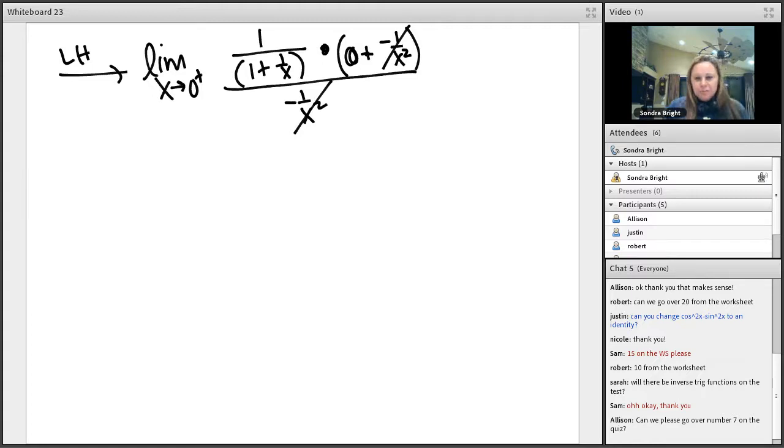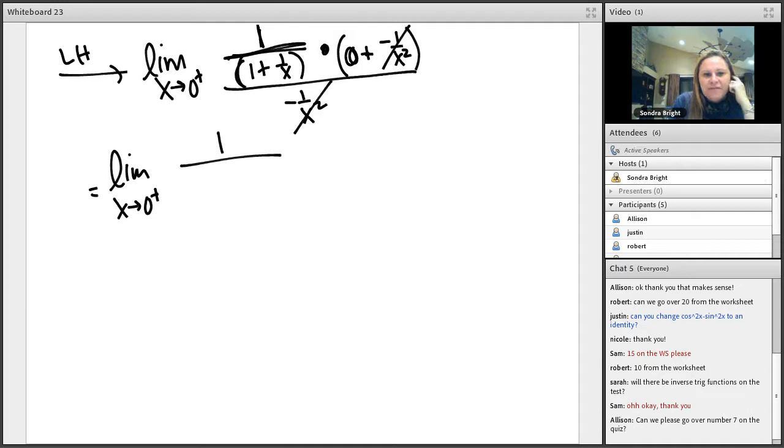Do some algebra, right? Don't go plugging 0 in yet. You should not have a fraction over a fraction. Don't you dare take the limit when you've got fractions inside of fractions. Simplify them first and then take the limit. So this is equal to the limit as x goes to 0 from the right. And I'm going to simplify this guy, right? So I've got a 1 over, if I get a common denominator here, this would be like an x over x plus 1 over x,